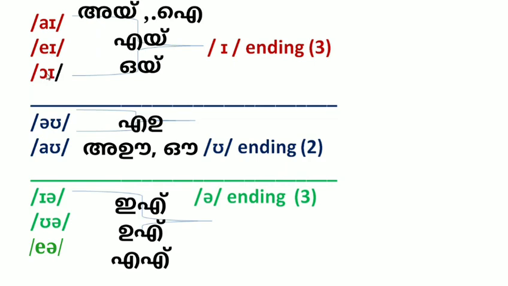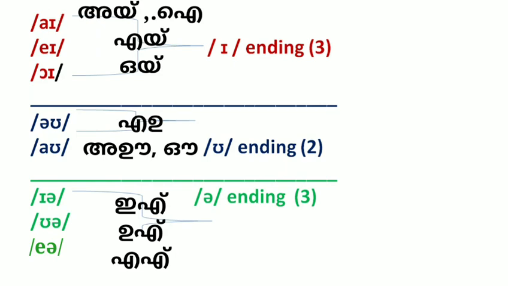/eɪ/, /aɪ/, /ɔɪ/ are /ɪ/-ending closing diphthongs. They are known as closing diphthongs. What are closing diphthongs? What are centering diphthongs? We will discuss at the end of this video. /əʊ/ and /aʊ/ are /ʊ/-ending diphthongs. There are 2 in English.